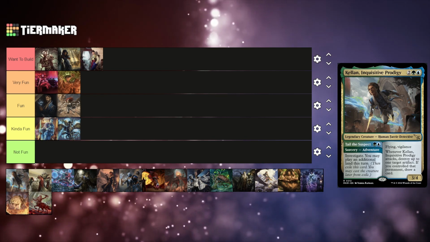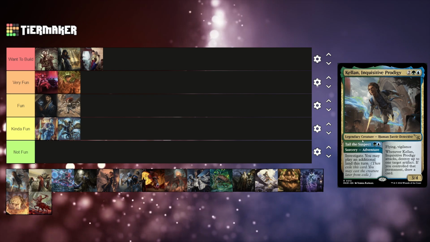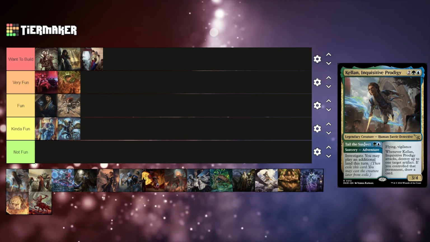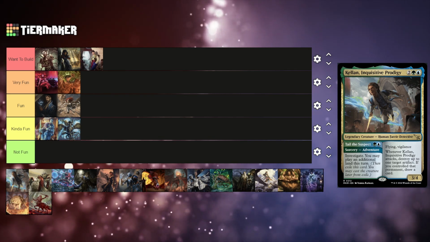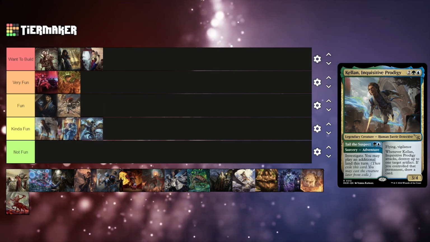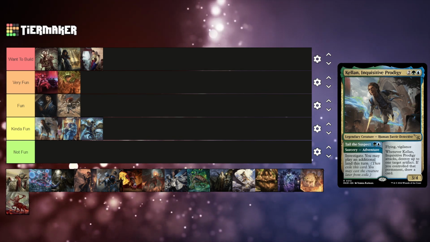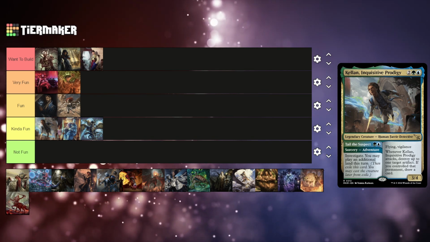I don't know if this is like a fun commander. Again, this is really good in the 99. I guess the adventure side's really good, but I don't know if it's worth playing that in the command zone when you have like Uro. I'm going to put this under kind of fun. And again, I'm looking at these just from the command zone, not in the 99. I think this is a cool card in the 99 of a deck, but I would not play this as